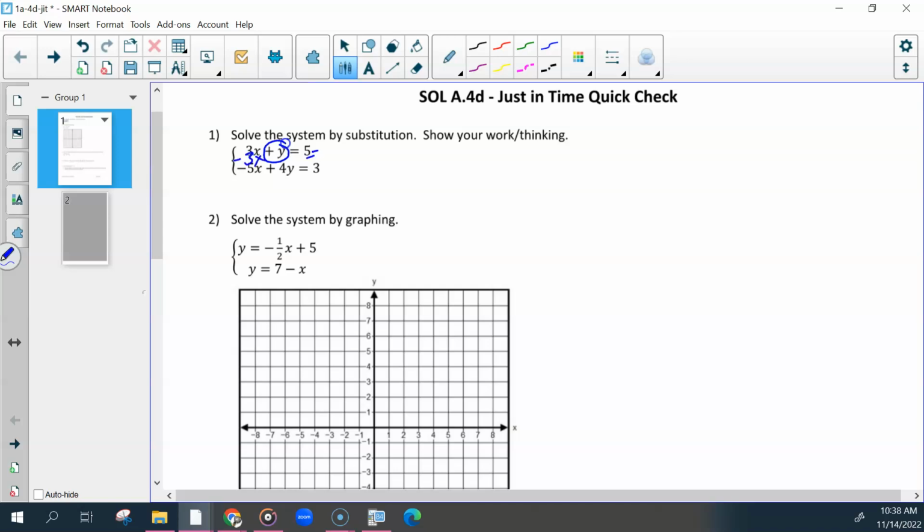Subtract 3x on both sides. I'm just going to write it as I see it. If you switched it, that's fine. But then you're going to take that equation and put it back into the other where y is. So take that and substitute it back in,